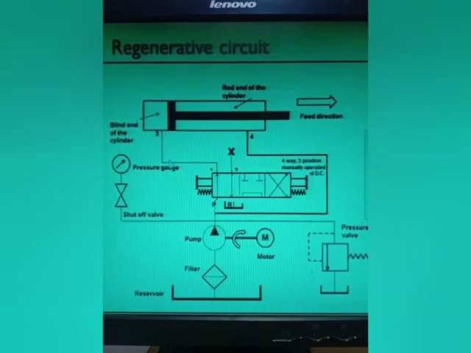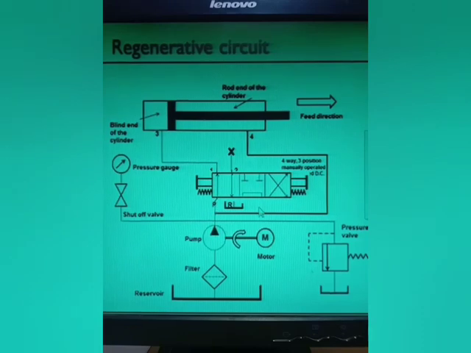As the oil from the pump goes to the A end of the actuator, the actuator will start moving in the forward direction, right? But the oil coming from the actuator return line, instead of going to the reservoir, is added to the pump line. Means some amount of oil is coming from the pump and going to the actuator, and from the return line of the actuator again some oil is coming, and that oil is also going to the actuator.